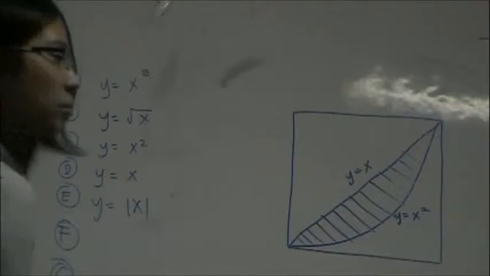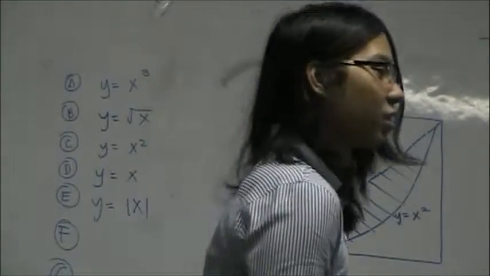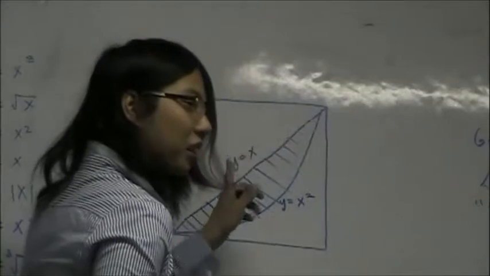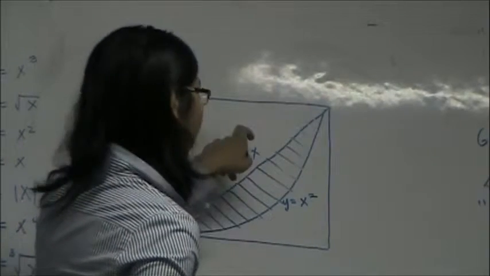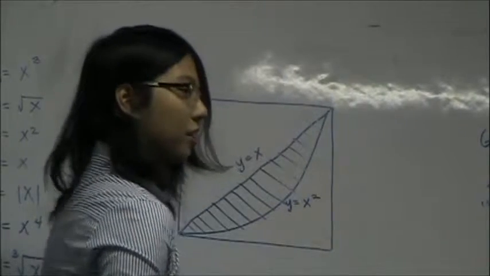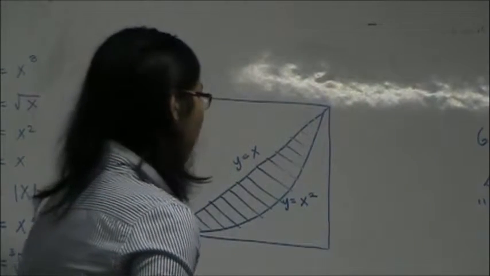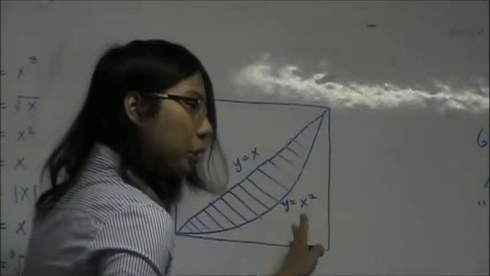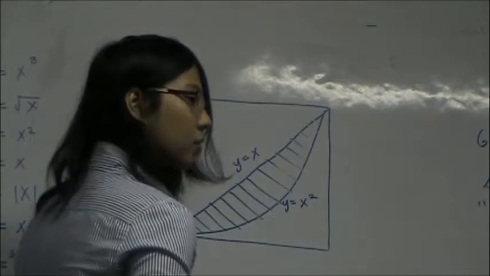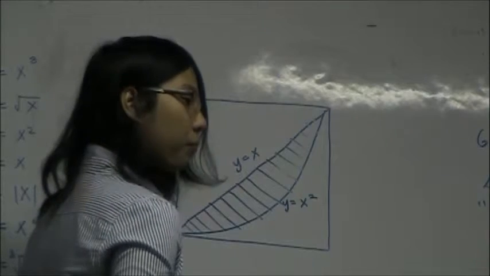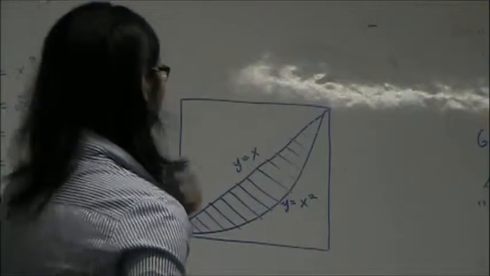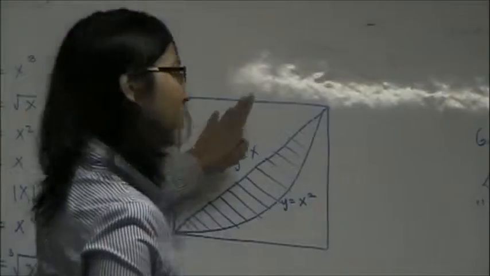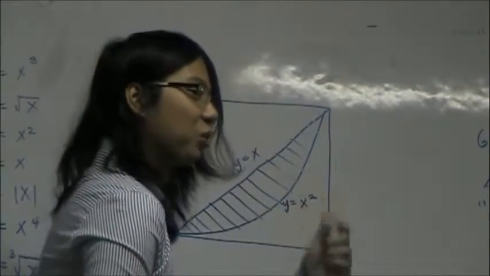I need to think. It's outside here. It's always more than that. The point is here. It's always lower than that. It's much easier. But what you will get is the area of the outside. So how do you